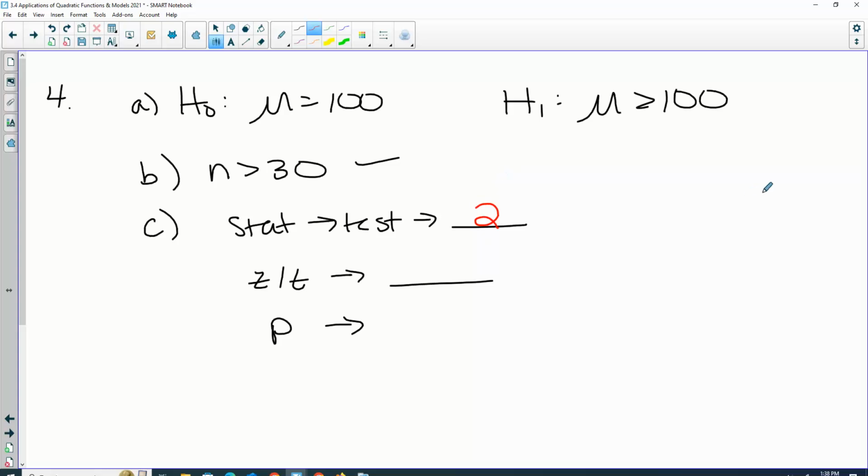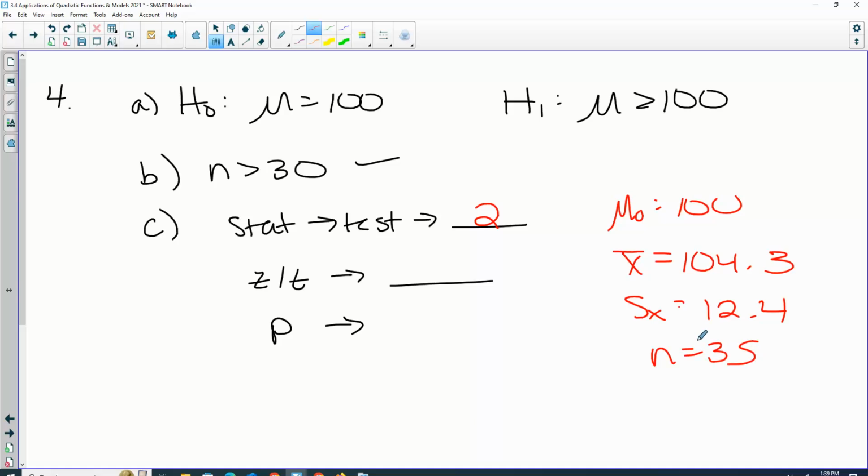Okay, let's write down our information. Do we have data or stats this time? So the mean of the null is 100. What is my X bar? 104.3. And what is my standard deviation? 12.4. Less than, greater than. So I have a t value,